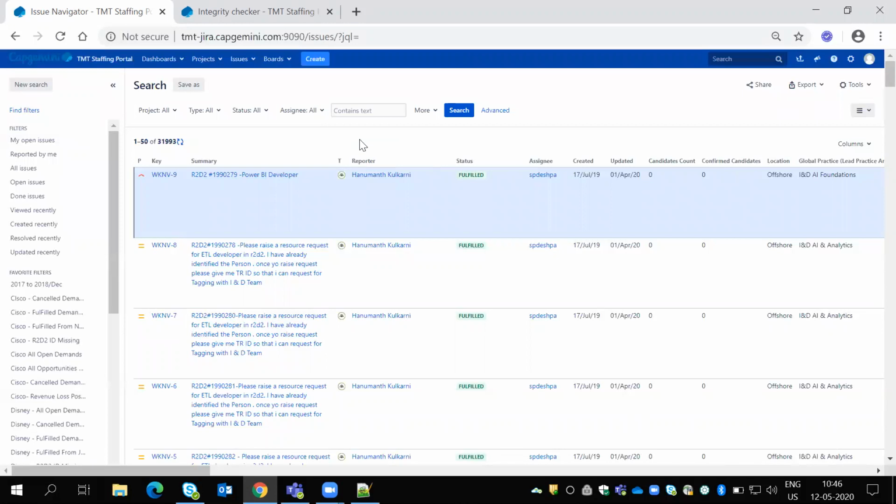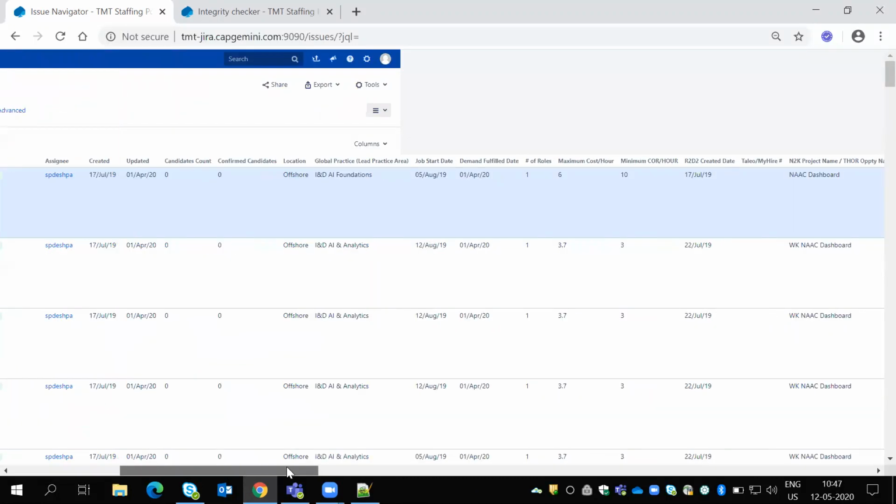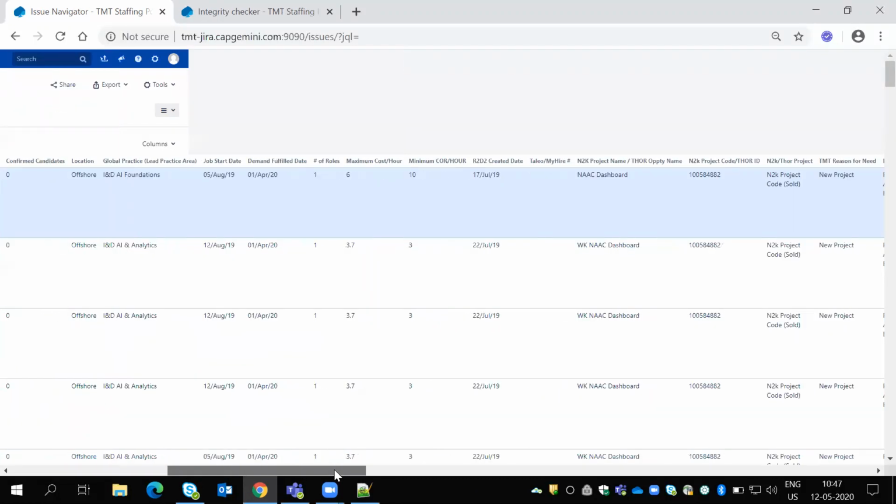So we discussed a system field or custom field which is a drop down. But when it comes to a text field, you have some text field. Suppose I capture one text field here.